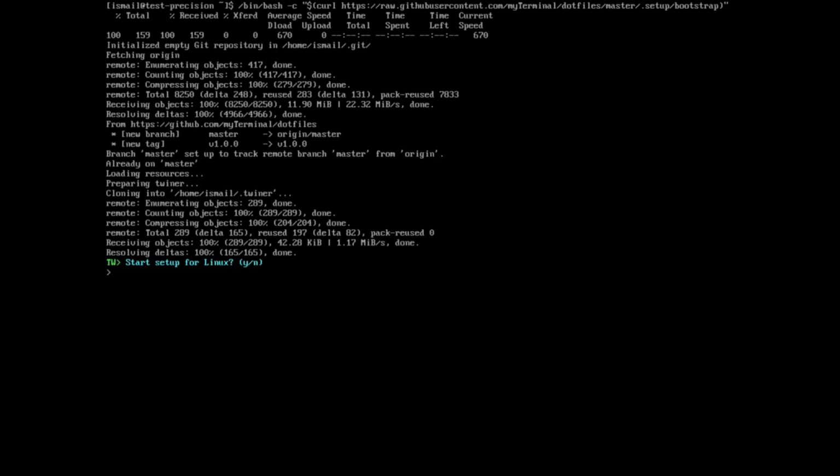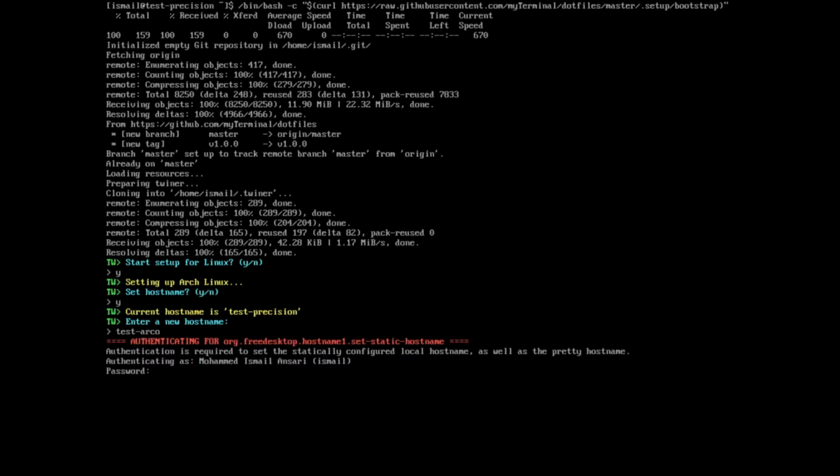The steps for macOS are pretty much the same with a few minor differences here and there, but that could probably be another video. If the operating system is found to be outside the two this thing has been programmed for, the setup quits with a message right as you would expect. The first step for Arch is setting up the machine hostname. So if I choose to do it, I can enter a hostname to use.